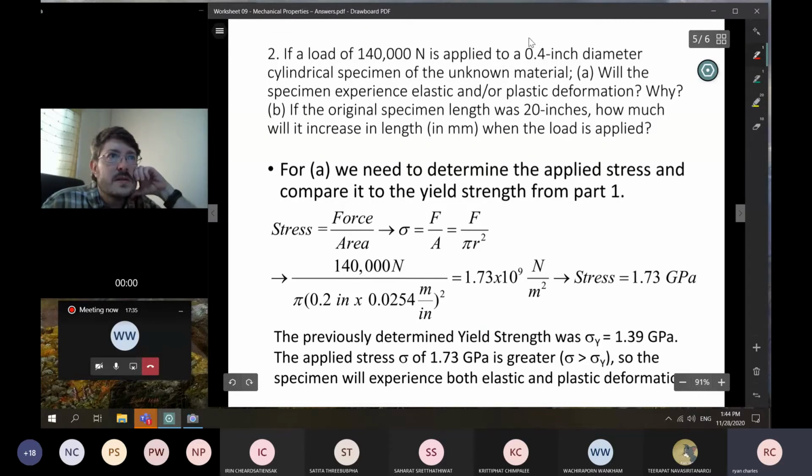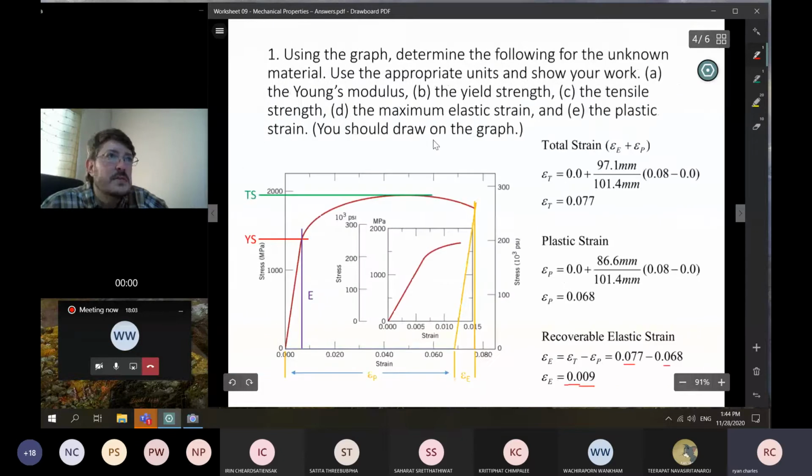If a load of 140,000 newtons is applied to a 0.4-inch diameter cylindrical specimen of the unknown material, A, will the specimen experience elastic and/or plastic deformation? Why? If the original specimen length was 20 inches, how much will it increase in length? I said here in millimeters when the load is applied. Right, so this is unknown material, right? This was unknown material, right? So you're using the numbers you just figured out,